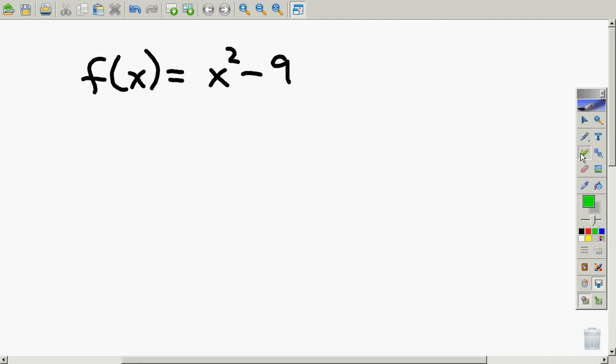And if we look at these two, x squared is a perfect square because there's a number or a letter times itself that equals x squared. And 9 is a perfect square because there's a number times itself that equals 9. And then there's a minus in between, so this is called difference of squares. And we learned that if it's difference of squares, the way we could factor this